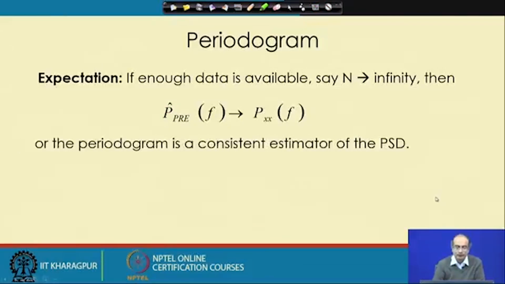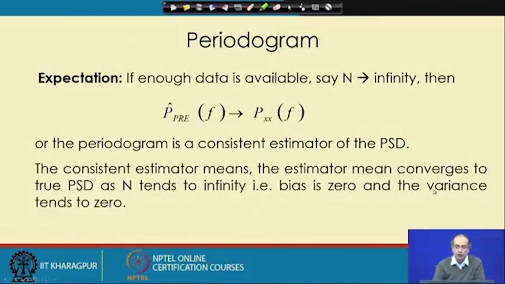Then we can get it, that is happening towards, actually merging towards the ideal value of periodogram, which seems to be almost there after the previous result. We can say, in other words, that it is a consistent estimator of PSD. Okay. Now, to be consistent, two things actually we need to satisfy.